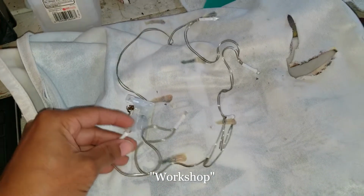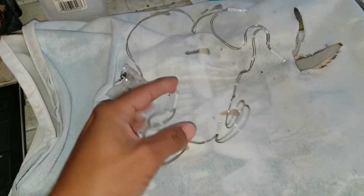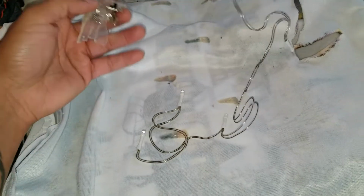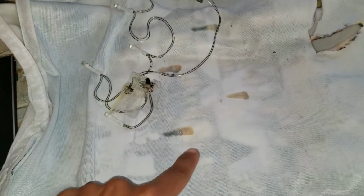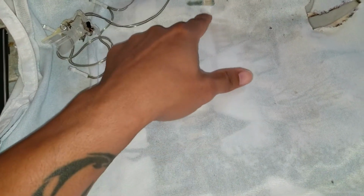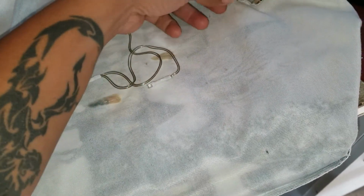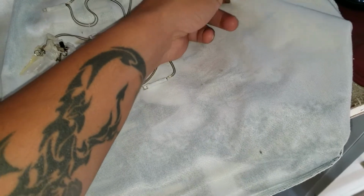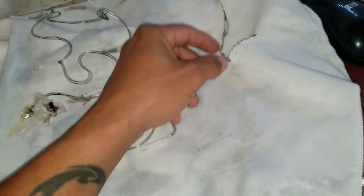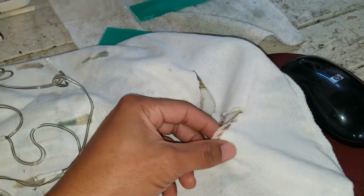Okay, so we're back at the workshop, and I flipped these things around. I took the inside of the pillow and flipped it around, and these are the lights. The lights were all attached to these spots right here, which I believe were just a little bit of hot glue, and they were easy to pull off. So what I'm going to do is see if I can use my sewing skills to sew this thing together. I really have no sewing skills, but I'm going to see if I can do something